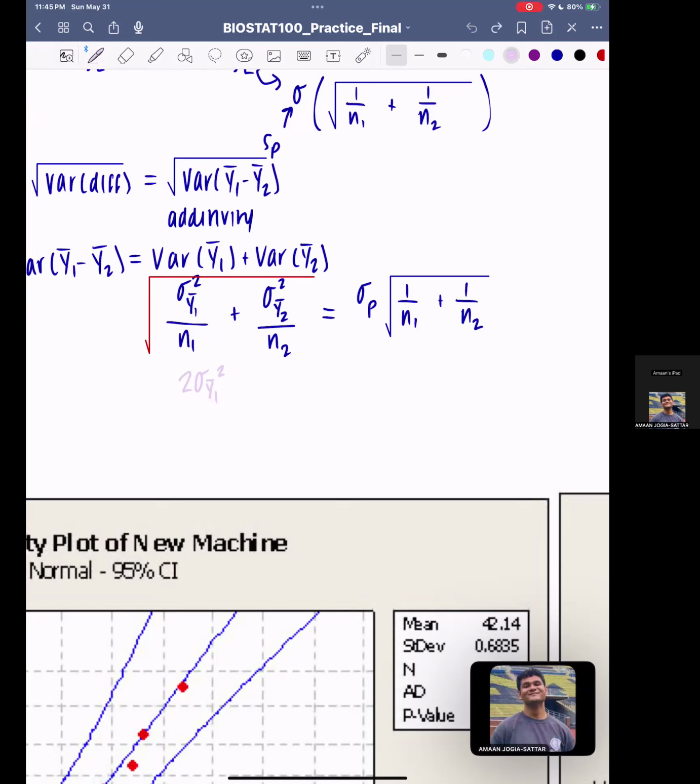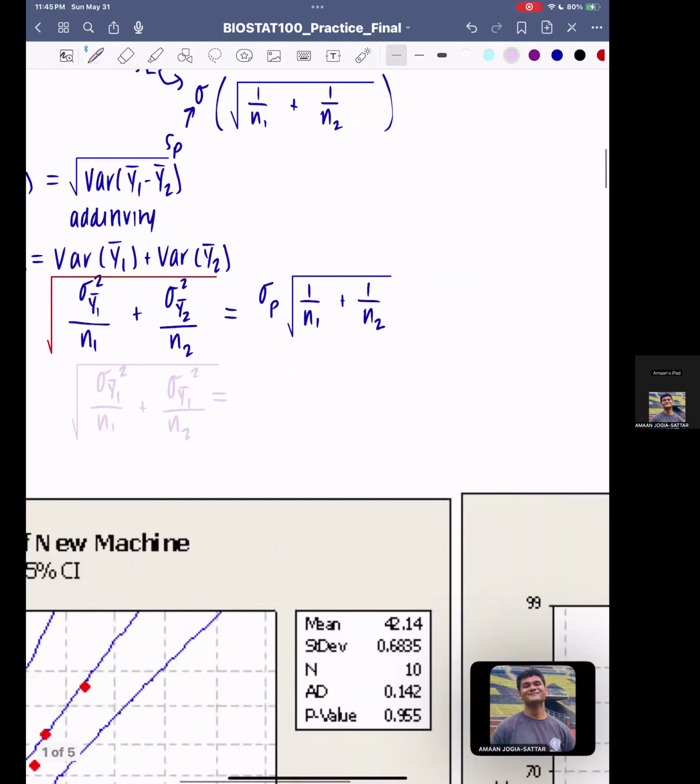We can't combine them because the denominators are different. Sigma y1 bar squared over n1 plus sigma y2 bar squared over n2, and all of that here. And then equals sigma y1 bar squared. I'm still going to keep the square root over 1, I mean, times 1 over,